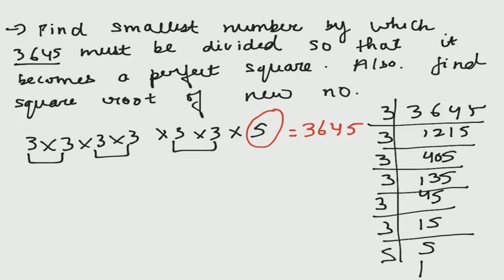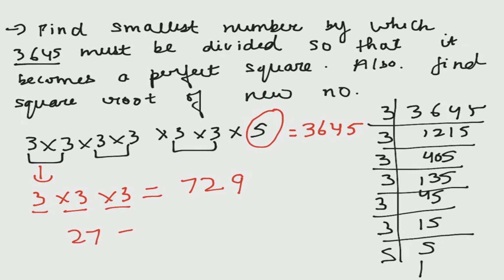So to remove that number, we have to make it 1, so we will divide the number with the same number. So here we are left with 3 and 3, and 6, 4, 5 divided by 5 will give us 729. So all these become the prime factors of 729, which gives a square root. So it means they will give us 3 times 3 is 9, times 3 is 27. So the required number is 729 and the square root of 729 is 27.